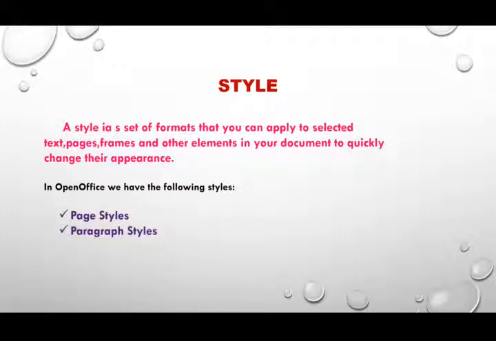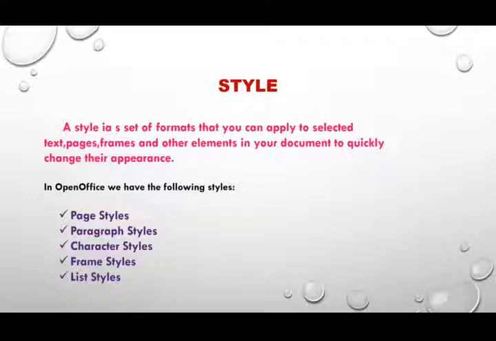Next one is paragraph styles, to control the paragraph appearance such as text alignment, line spacing, borders, etc. The next one is character styles. It affects the properties of the selected text within a paragraph, such as the font and size of text, and bold and italic format. The next one is frame styles, used to format graphic and text frames, including borders, background, columns and how text wraps around the frame. And the last one is list styles, which apply numbering or bullet character font to a numbered or bulleted list.